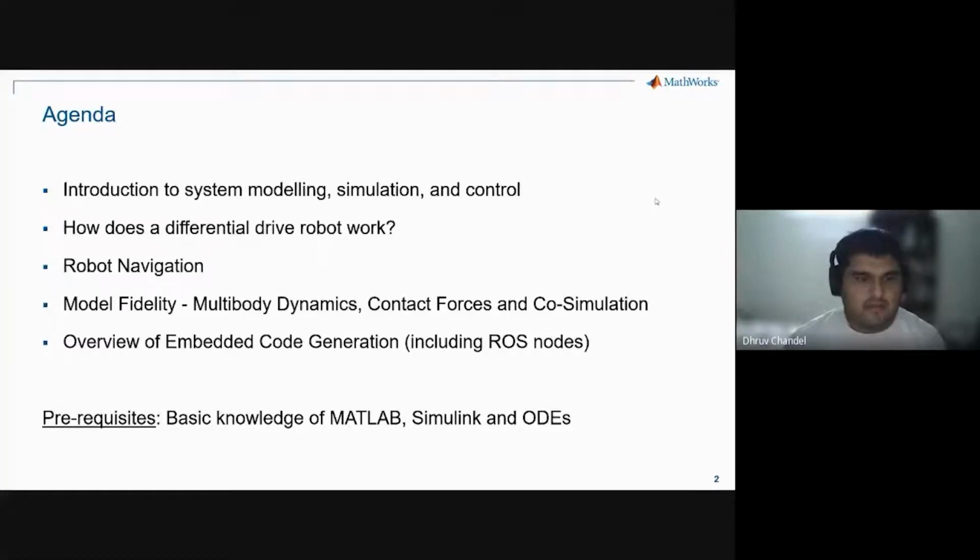And we'll end with an overview of embedded code generation, including a little bit about how to work with ROS nodes. So overall, this is an introductory session which should give you an outline of what a robotics engineer needs to have as skills. And we hope this will be very useful to you. We will share our email addresses and all the resources and the slides as well. So if you're interested in taking it forward, then you can use these resources